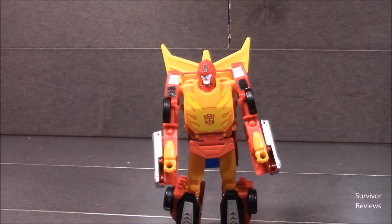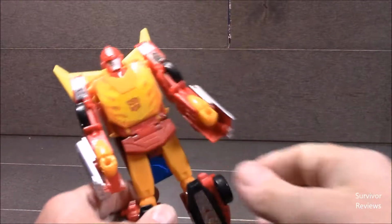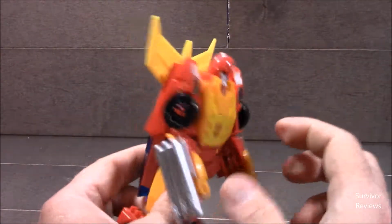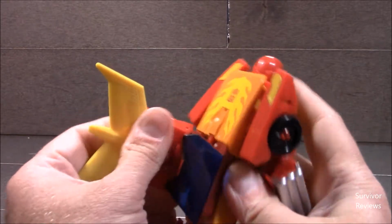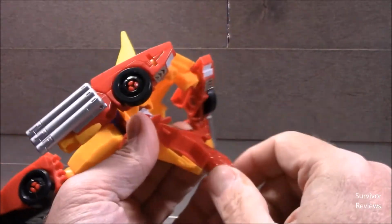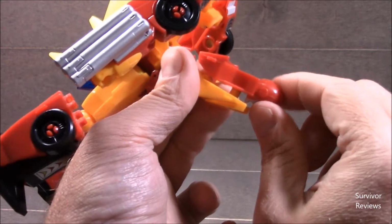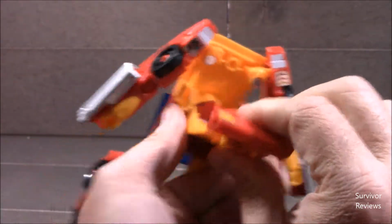That's Hot Rod. So transforming Hot Rod is one of the steps to making the Space Winnebago. And this thing, whew, alright, why don't we just get into it. First thing we do is we come back here and we kindly shift this around this way, so that gives us access to this. The head here is actually, if you wiggle it, it'll come up on that little bar right there, and you just rotate it around, slip it back into place,